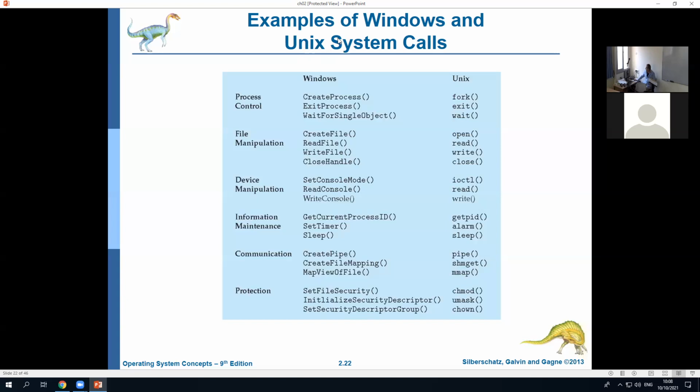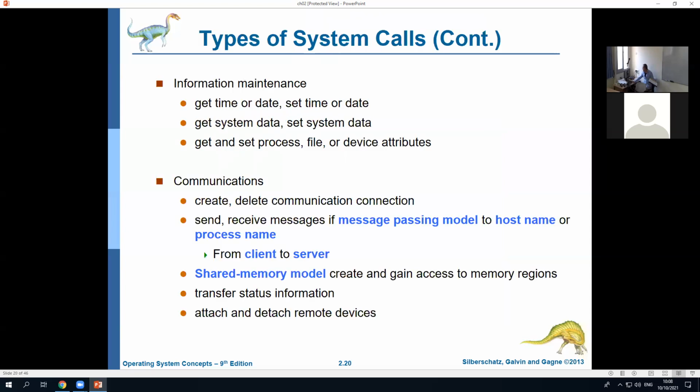Here it calls it Unix. Examples of Windows and Unix system calls. So these are system calls. But hey, wait a second. Ten slides earlier, it said these are not system calls. It said these are API calls. Remember that? I said the API calls are just a wrapper to a number that you call, like in MIPS. Right? If you go back,